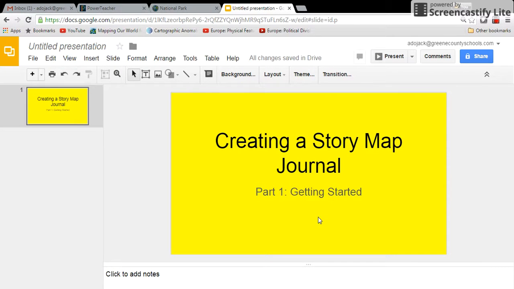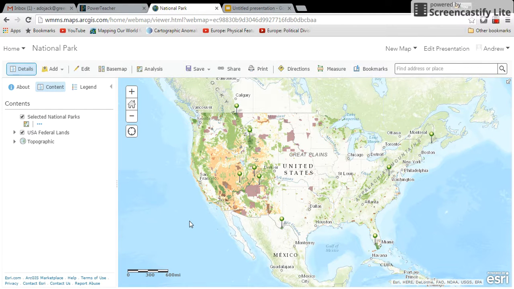Creating a story map journal. Part 1, getting started. Start with a completed ArcGIS online map. You will see here that I have a map entitled National Park. And on this map, I have some selected national parks,